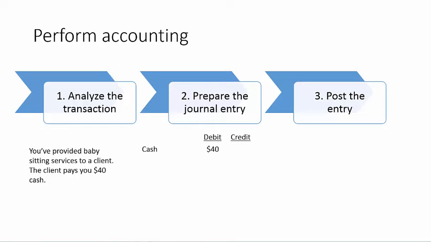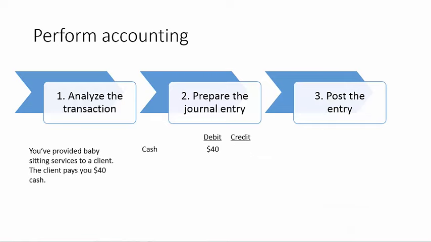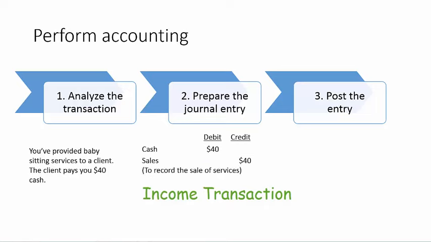So moments ago, I just finished telling you that equity is usually made up of either owner's contributions and withdrawals or the income accounts. You need to decide, is this an income transaction or a capital transaction? Take a moment to consider. Hopefully, you identified that this is an income transaction. We made money for services we rendered. Therefore, the credit side of this entry would be to an account like sales or revenue for the $40 we